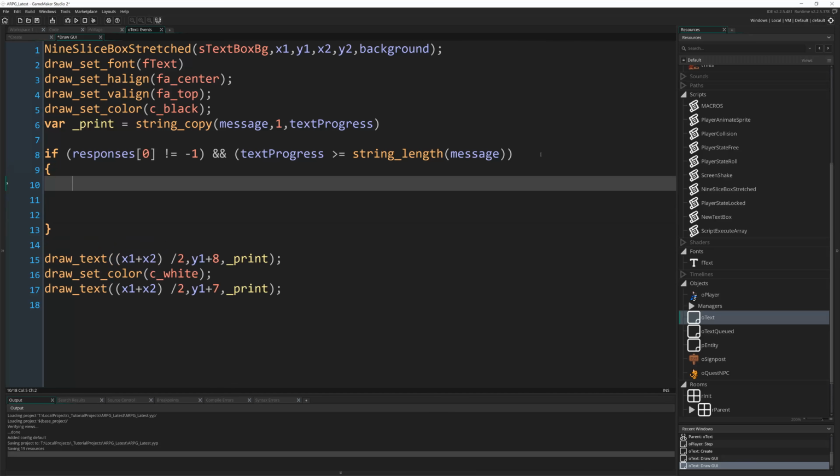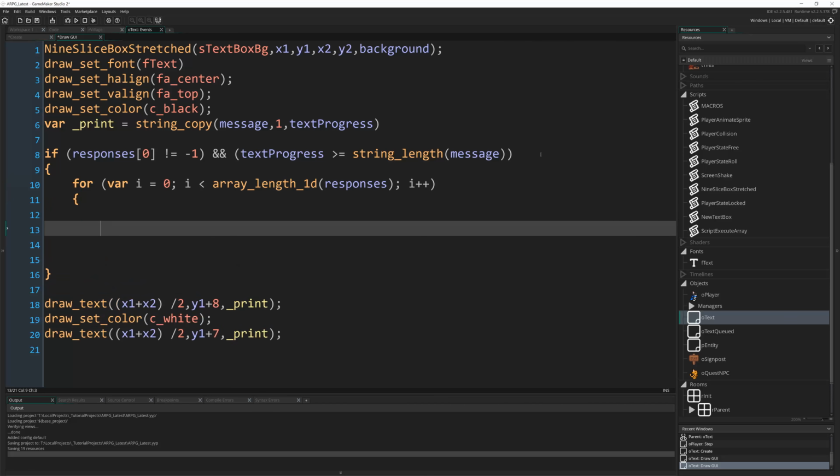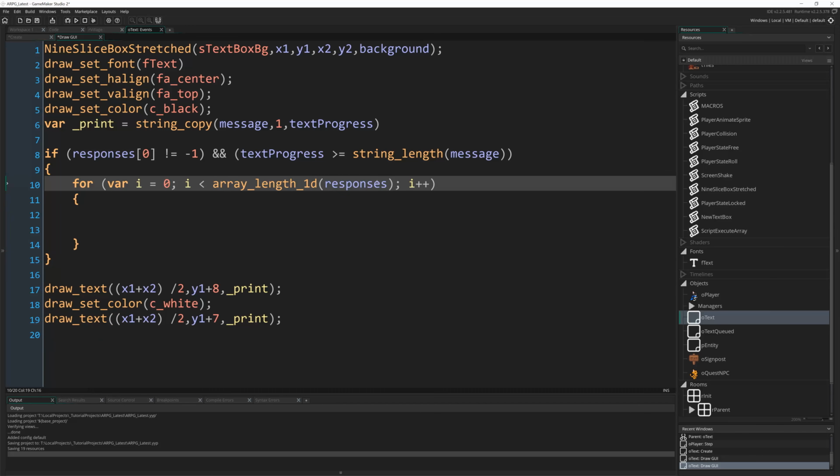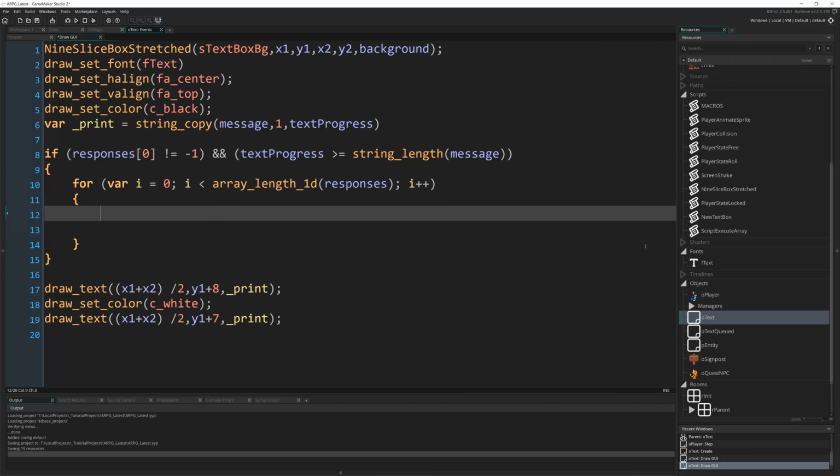So if that's the case, we're going to cycle through our responses, and we can do that with a simple for loop. So I'm going to do for var i equals 0, i less than array_length_1d(responses), i++. So we're going to increment through our responses array. We know there's 2 entries in it, so it'll go from i equals 0 to i equals 1, and then when i equals 2, it'll be the length of that, and we'll break out of the loop. So for each response, first of all, we're going to want to add a new line. So print plus equals